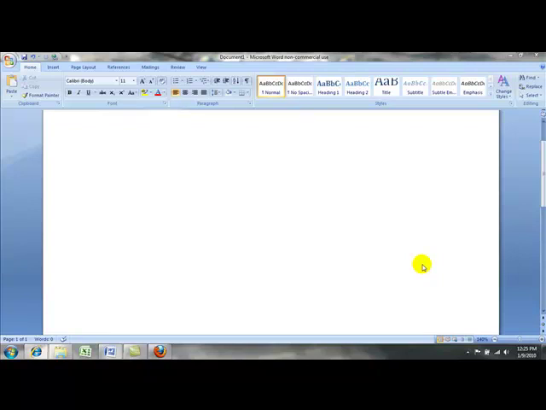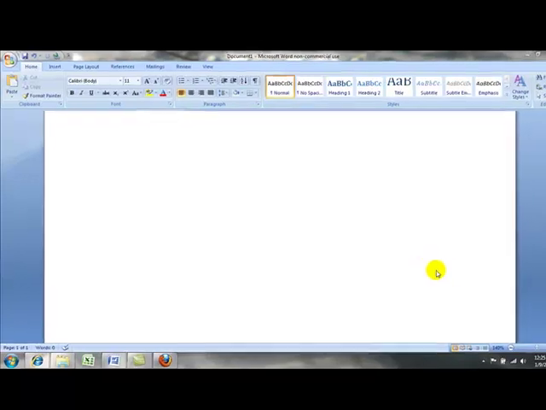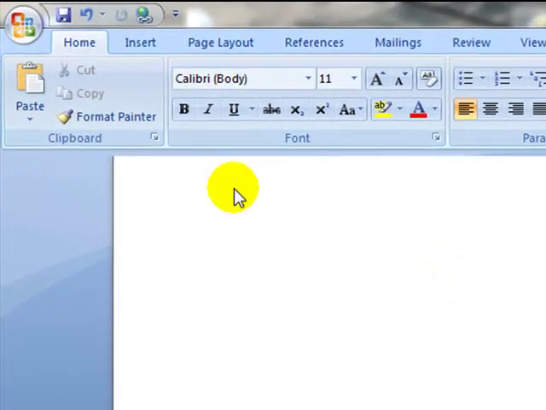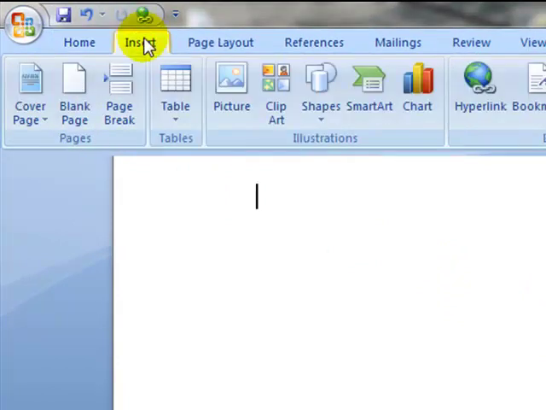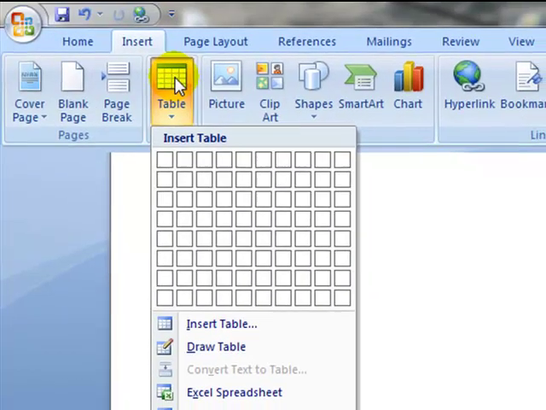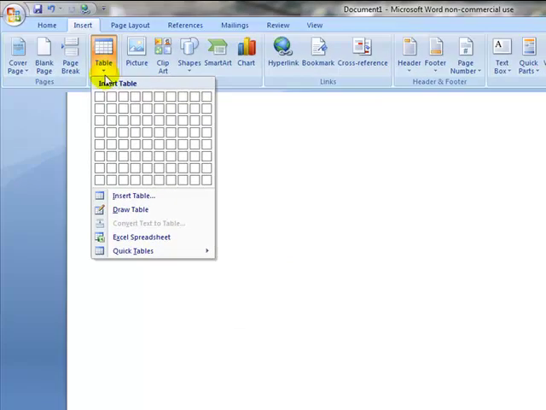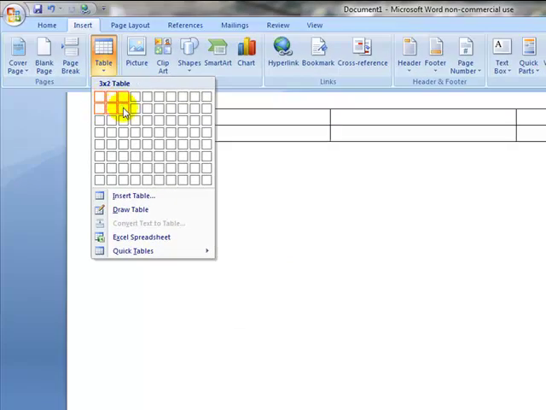Sometimes you need to organize your information pretty clearly on a Word document, and tables are a very easy way to do this. So I'm going to go up here and select the Insert tab. And when I do that, I have these sections, and the second section here is the table section. If I click on this icon, it gives me this little pop-down menu, and I can scroll down or mouse